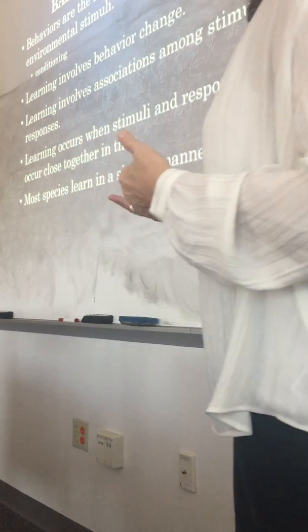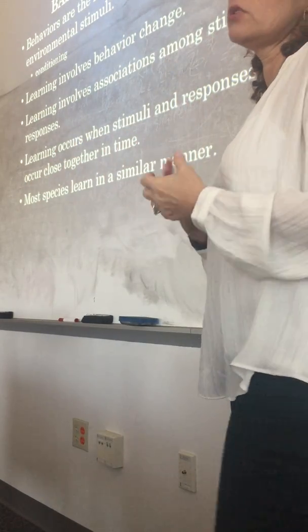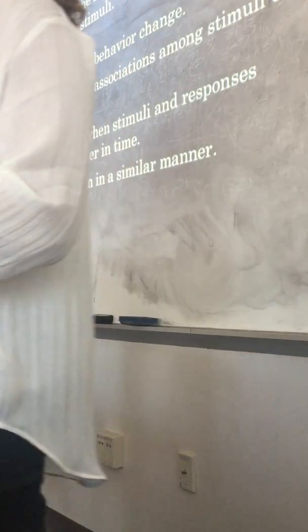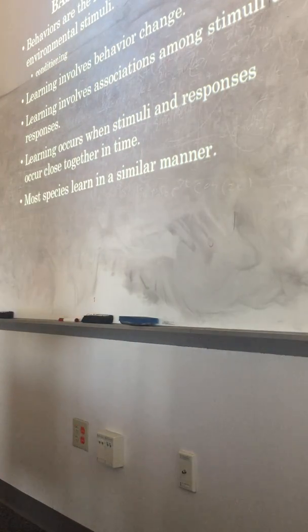So for learning to occur, there has to be a behavior change. So how do I know that you've learned something? Because your behavior changes. Okay, so let's use our pets. Everybody have pets in here? Or have had a pet? How do you know that your dog has learned to sit? You tell it to do it, it doesn't. It doesn't. Prior to you saying sit,